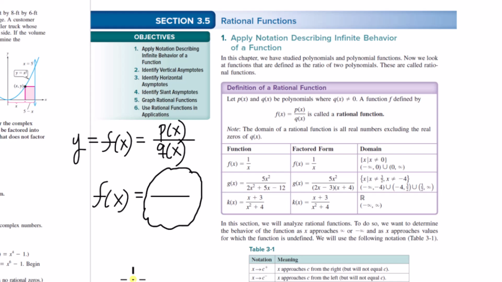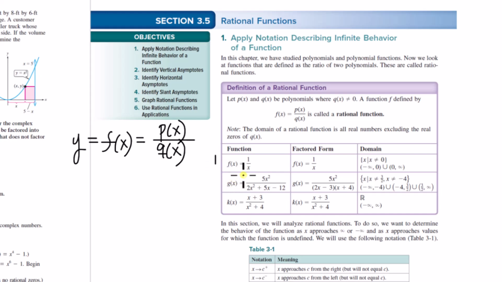So with that, you can see that here are some examples. f of x equals 1 over x is a rational function. This is another rational function. You have an x squared and an x to the first in the denominator of this fraction. Here's another rational function. Okay, now, however, just note that if you had something like,